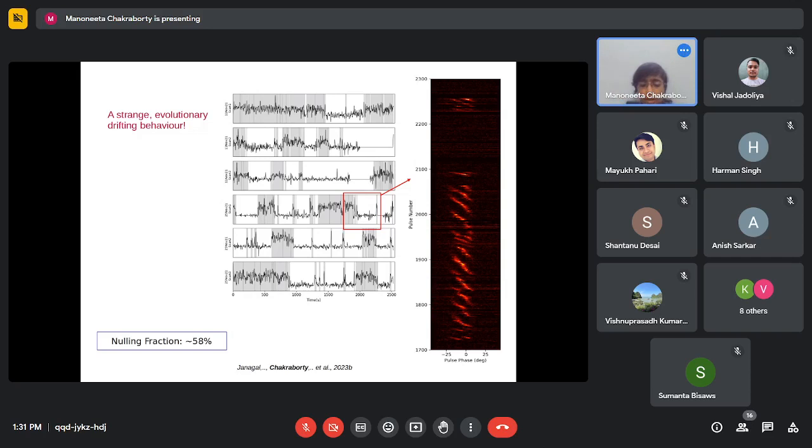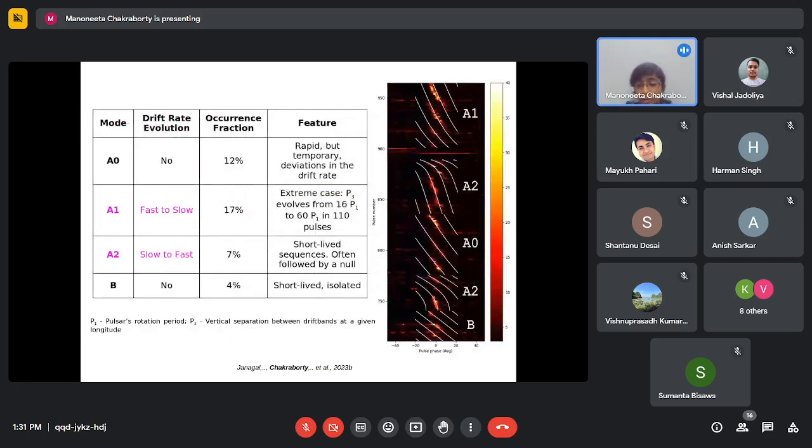So that's kind of a new behavior. That means that the carousel model that we had talked about is not enough, because what we can see here is the different drifting pattern of this particular pulsar, and you can see that the drifting rate, the way the pulse phase changes with the pulse number,